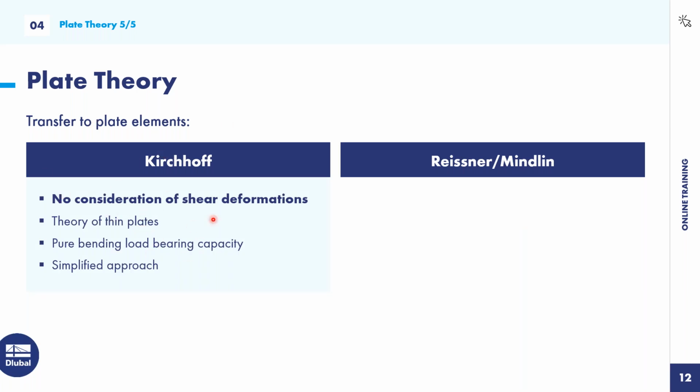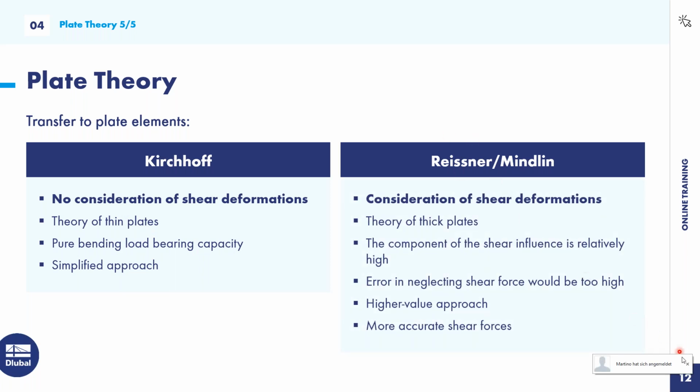So at Kirchhoff, we don't consider any kind of shear deformations. And at Reisner-Mindlin, we consider shear deformations. So what can we use Kirchhoff for? We can use Kirchhoff for the theory of thin plates. So normal concrete surfaces, like in story buildings or something like that, there we can get quite good results with the Kirchhoff theory. It's a simplified approach, and with the Reisner-Mindlin theory we consider the shear deformation, and we can use it for thick plates as well as for thin plates. So when you calculate according to the Reisner-Mindlin theory, we will get quite good results for thin and thick plates,